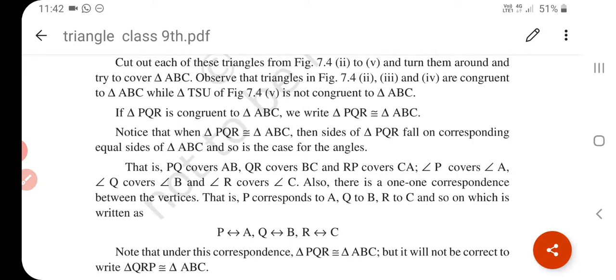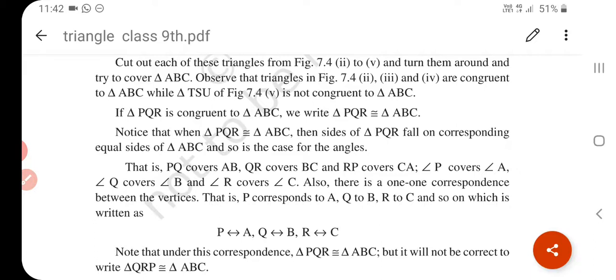Congruent triangles are equal in all respects, that is, they are exact duplicates of each other. If two triangles are congruent, then one can be superposed on the other to cover it exactly. In congruent triangles, the sides and angles which coincide in the superposition are called corresponding sides and corresponding angles. The corresponding side lies opposite to the equal angle, and the corresponding angle lies opposite to the equal side.